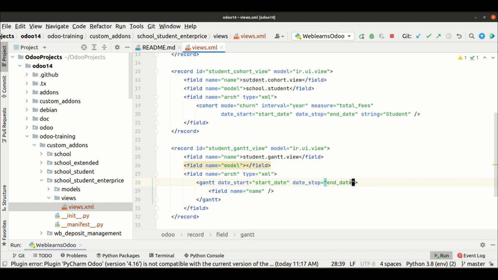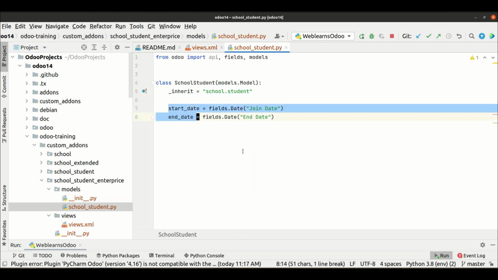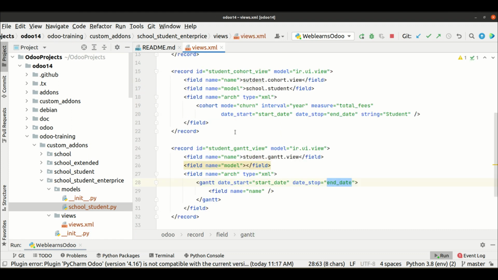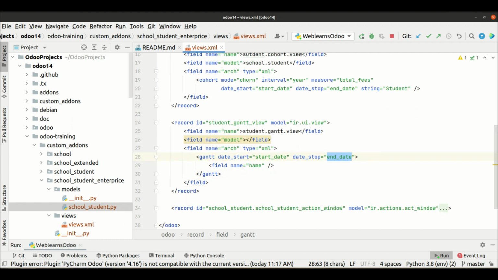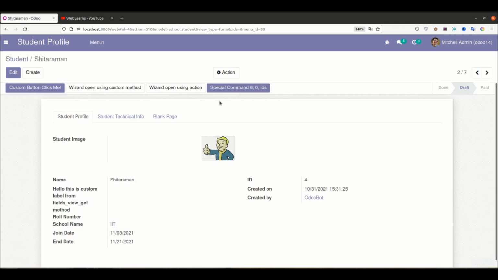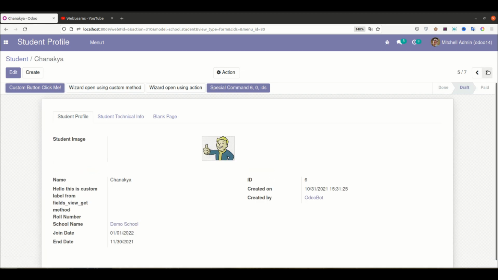These two fields are already available in this module, you can see here. If you don't know how to extend the current model, you can check our playlist, where it's already available. And for double confirmation you can go to the student profile, where you can see the start date and the end date. Likewise all the students have a start date and an end date.